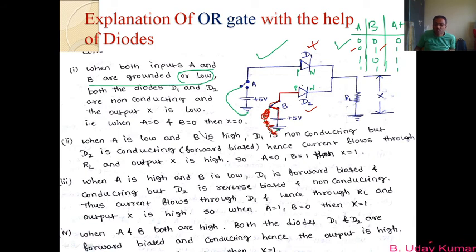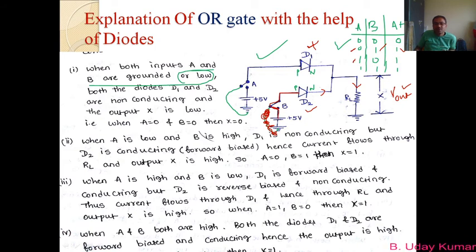In case of forward bias connection, I already told you that it allows the current to pass through it. And hence, since P is connected to +5 of the battery, some current flows through D2, and that current automatically will flow through RL. And because some current is flowing through RL, you will observe some output here. You will find some output voltage. That means for this case of 0 and 1, since you are observing some output, you get some high potential at the output. So for 0 and 1, this becomes 1.